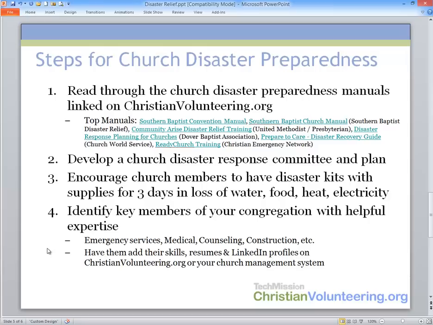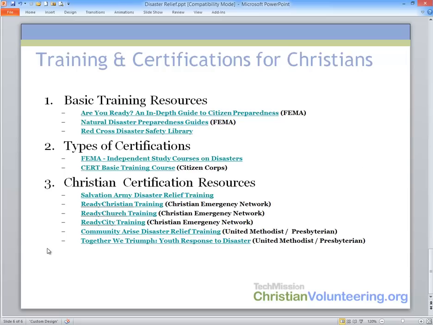Again, the needs are in emergency services, medical counseling, and construction. One of the ways you can do that is they can actually post their profiles on christianvolunteering.org, where they can list their skills, their resumes, and their LinkedIn profiles, and then you can have access to their profiles on the website. The fourth area where you can help is if you are an individual and you want to volunteer,